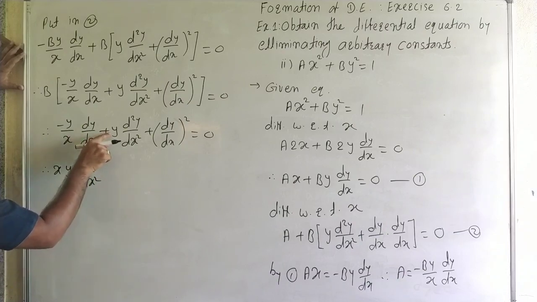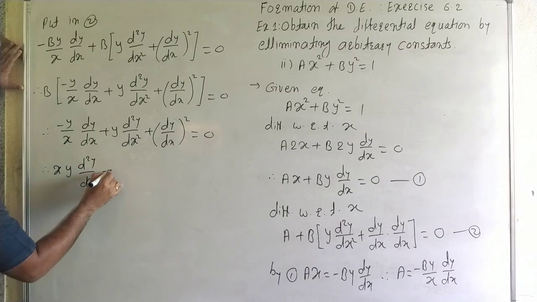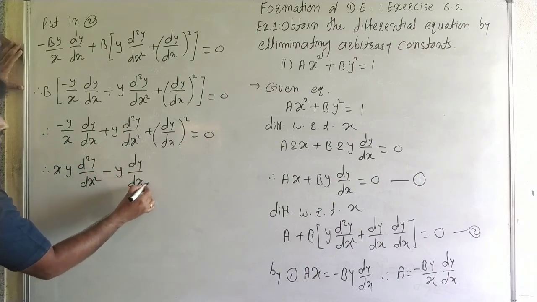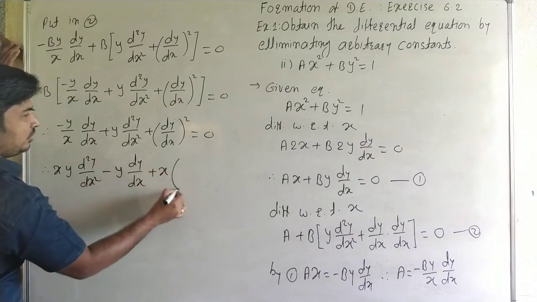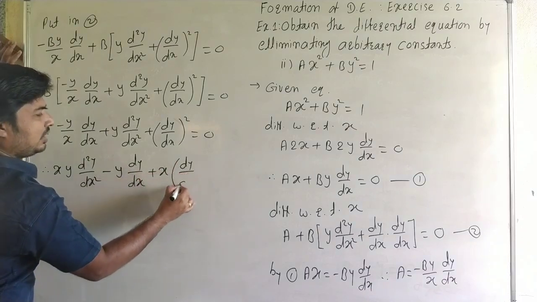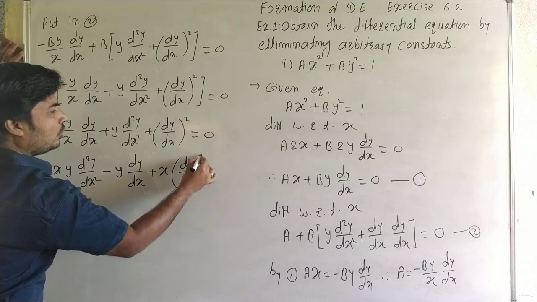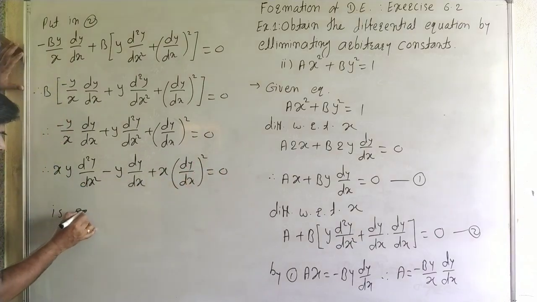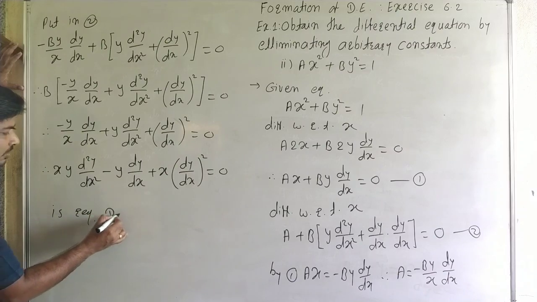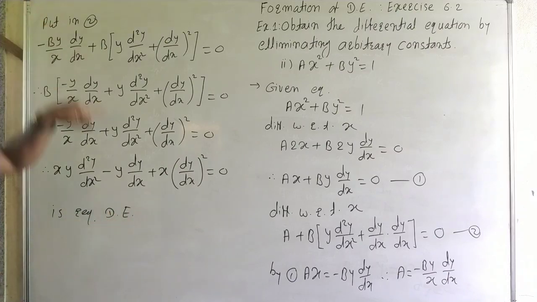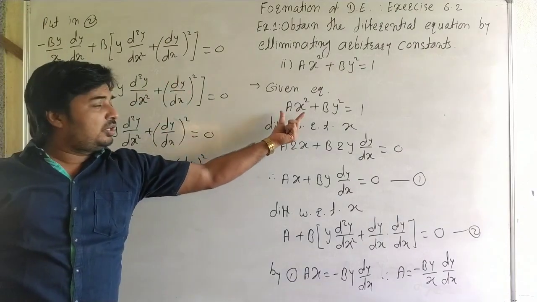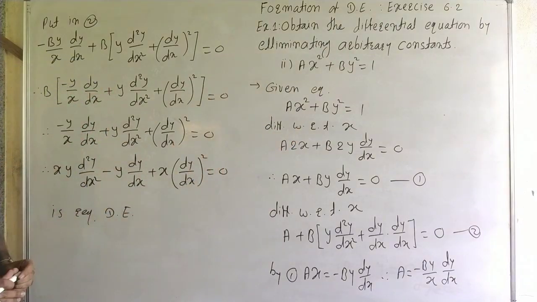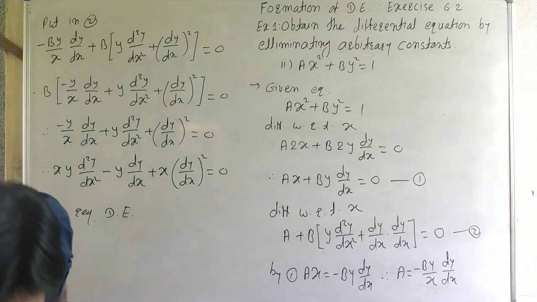When we multiply by x, it is x into y d2y by dx2 minus y dy by dx and plus x into dy by dx whole square is equal to 0, is the required differential equation. Okay, see carefully this. Here the two arbitrary constants we differentiate 2 times. Okay. Here now the next,